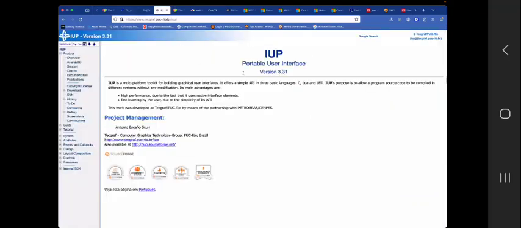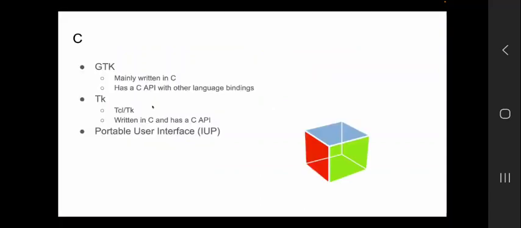And this is the Portable User Interface website. It's not that new, and I don't see much development as well, but I might be wrong. I suggest you opt for this after careful reading through some of these materials to see if it's relevant to your application and so forth. Okay, let's move forward